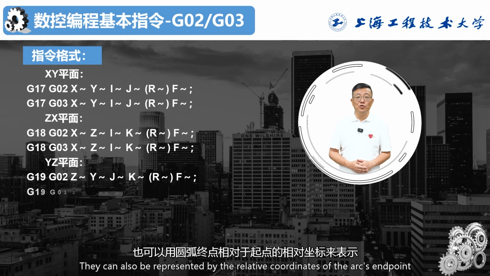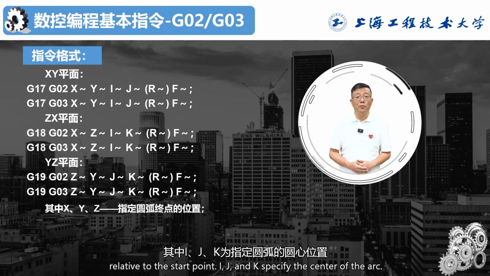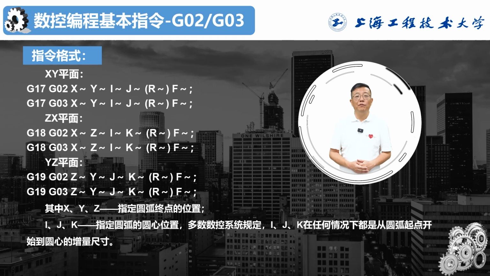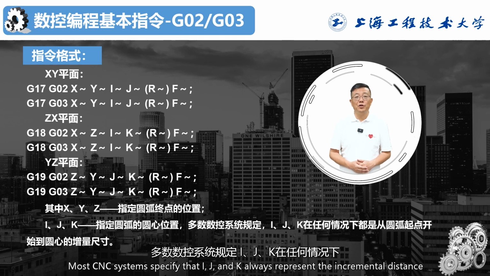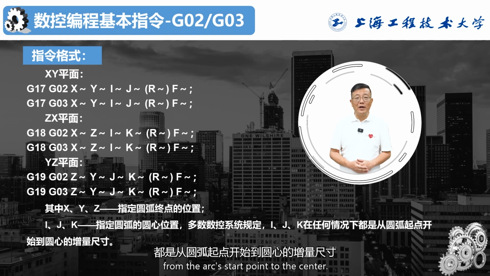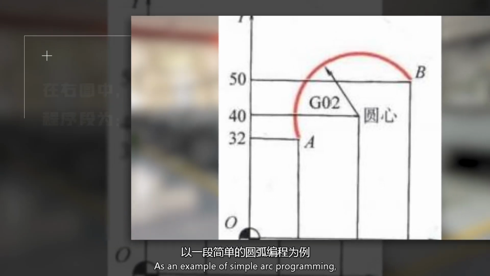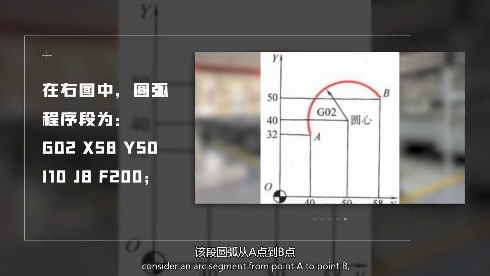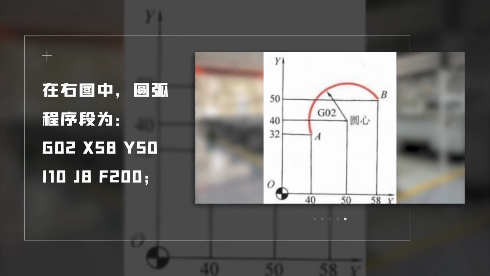They can also be represented by the relative coordinates of the arc endpoint relative to the start point. I, J, and K specify the center of the arc. Most CNC systems specify that I, J, and K always represent the incremental distance from the arc's start point to the center. As an example of simple arc programming, consider an arc segment from point A to point B, while